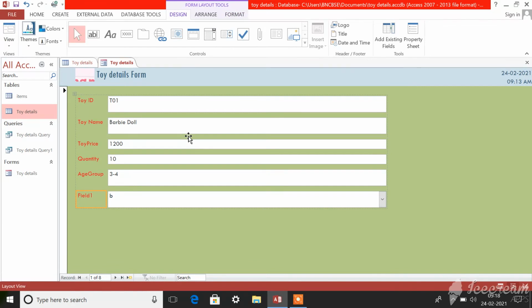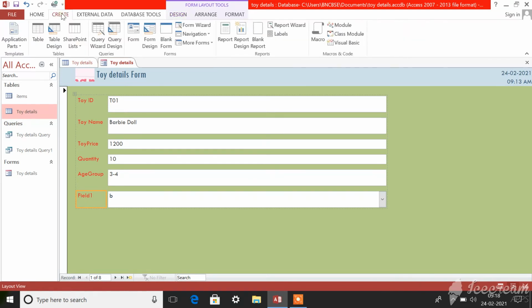The next way in which you can create your form is by using the split form method. That can be done by clicking on the create tab. In the forms group click more forms, and you can see a drop down menu. In that, select split form.